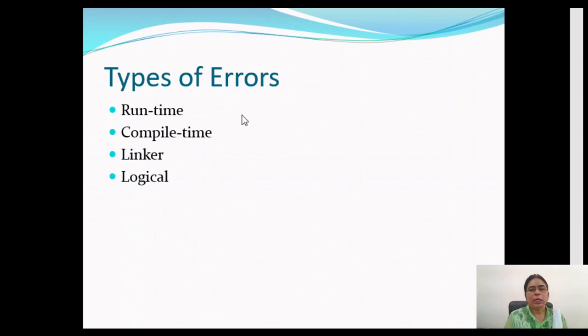Now, after this, suppose we don't get any such type of error, but still we are not getting the output properly. Then what happened? In that case, the logic that we developed to accomplish that task is not correct. It is not proper. And that's why we are getting a logical error. Logical error is the error in the logic that we developed at the design phase to accomplish that task. So we have not developed the logic properly. That's why we get a logical error.